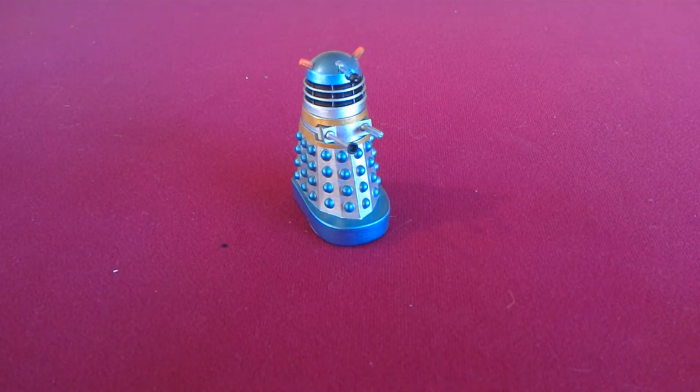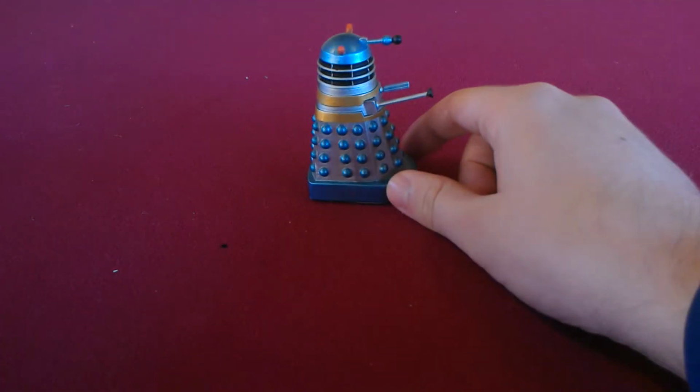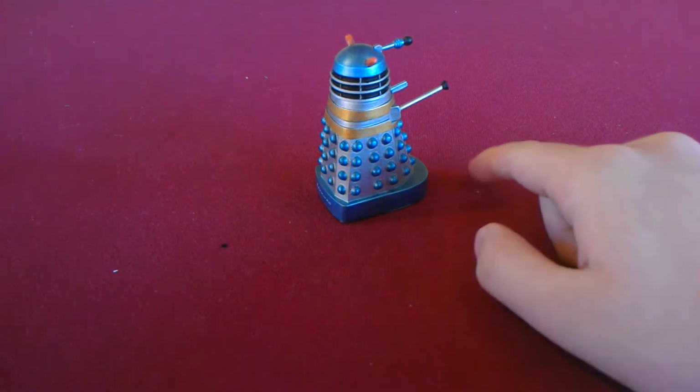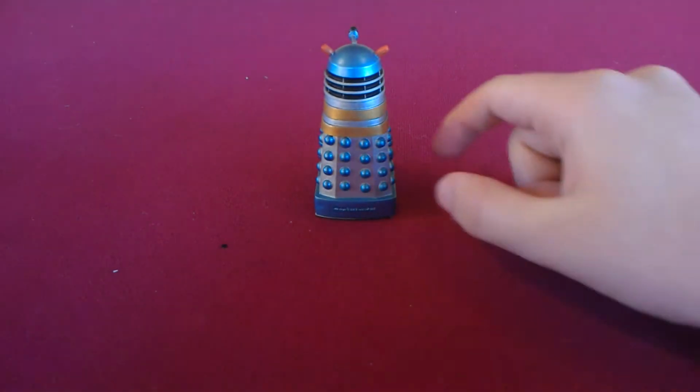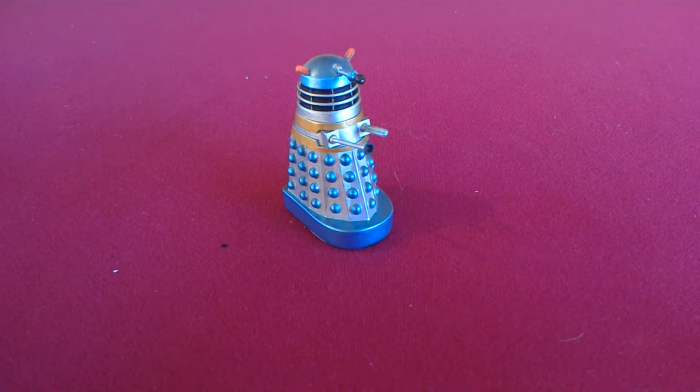As you can see, the reason this is number 6 is because I think the detail is just really, really good. I mean, there's practically no smudge marks or paint over anywhere. It's a shame that they had to put this at the back. But overall, it is not too bad, and I really do like this a lot, especially with the extreme blue colour, and that it resembles a movie Dalek, which of course we've not seen since the Product Enterprise 8-inch movie Dalek. But I think this is a really, really good item, and definitely one of my best buys